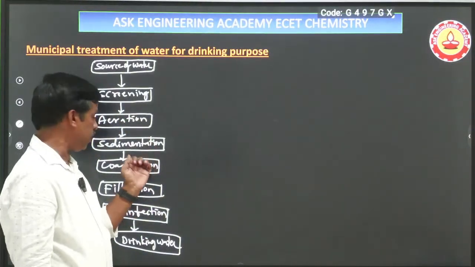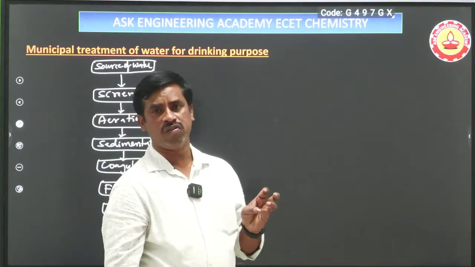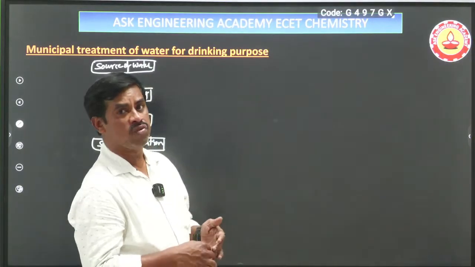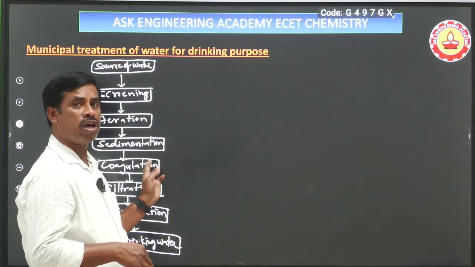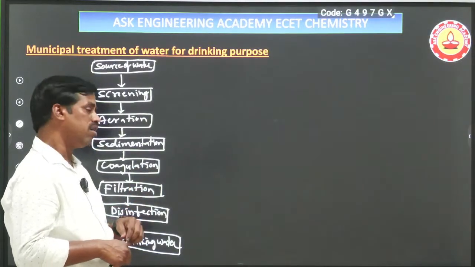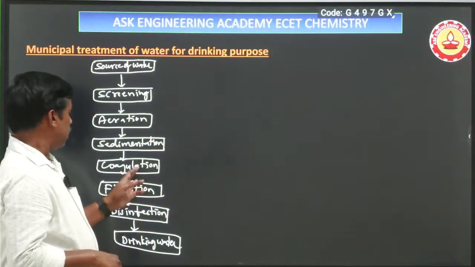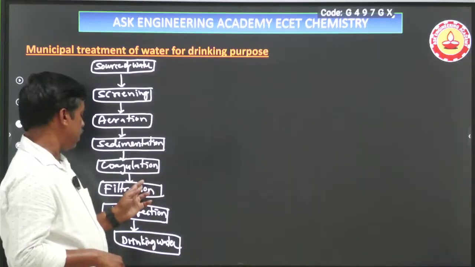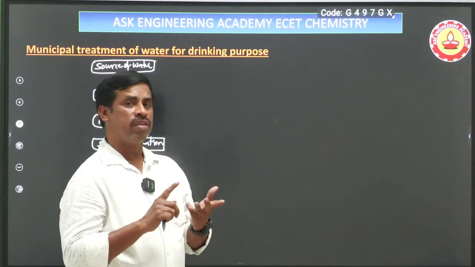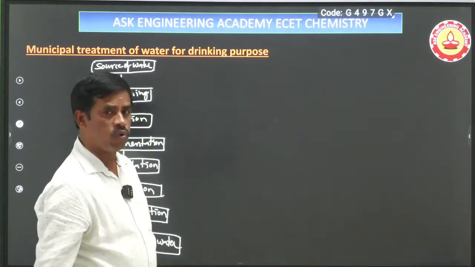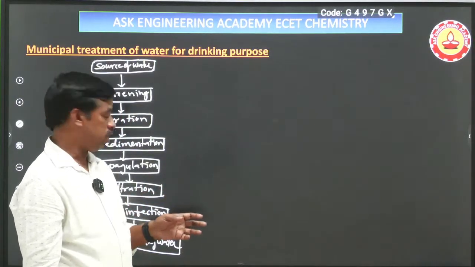Then the second step is coagulation. Whatever impurities cannot be removed by sedimentation, some external chemical is used and precipitation takes place, that is called floc or precipitate. That is called coagulation. Mostly potash alum is used for the coagulation process. Whatever precipitate occurs is then filtered. That filter contains a coke layer, sand layer, gravel layer, coarse layer, etc. Coke removes color and odor of the water, and the remaining layers filter the water.